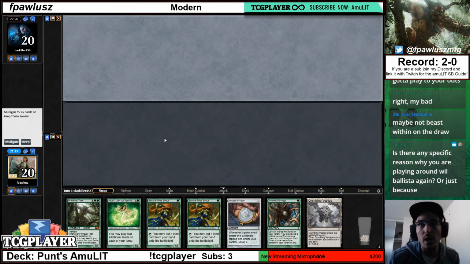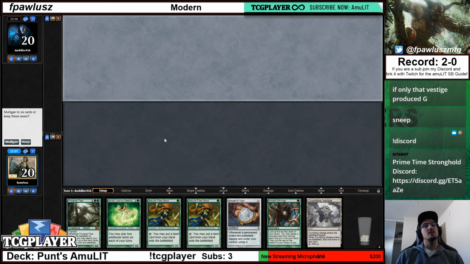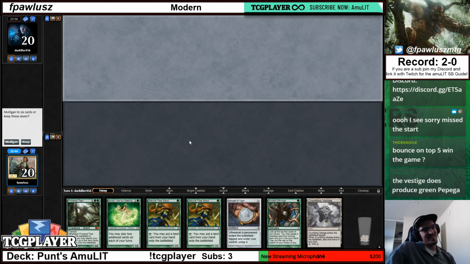Is there a specific reason why you're playing around Ballista again, or just because? I copied and pasted PuntThenWhine's list from this past weekend's seminar, so I basically am using his list. I did a deck tech at the beginning of the video. You can check it out on YouTube later, and I talked about why I don't think that Ballista is in a good spot. Of course, we got paired against Infect, which is one of the few matchups that exist in Modern where the card is actually reasonable. So I guess it works, but